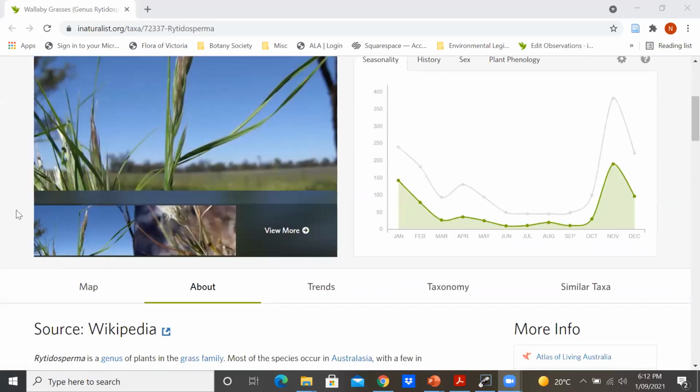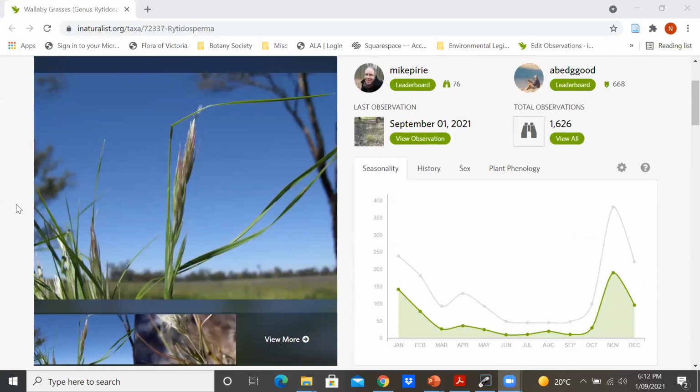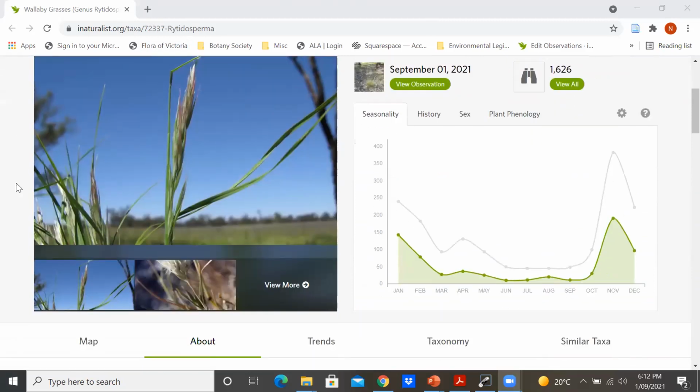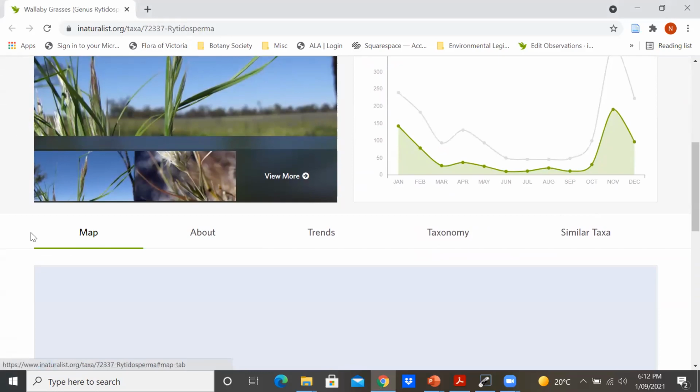So iNat is really taking off. A lot of people use it worldwide, and it's linked to the Atlas of Living Australia, which is the resource for all of Australia's biodiversity. I just wanted to show you,